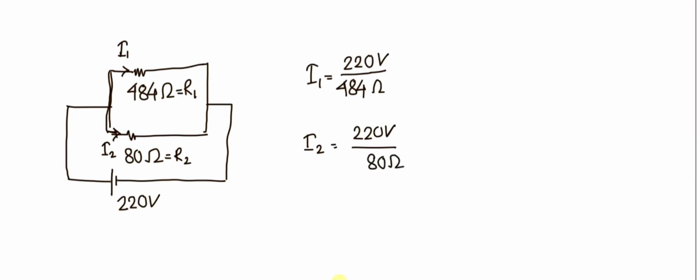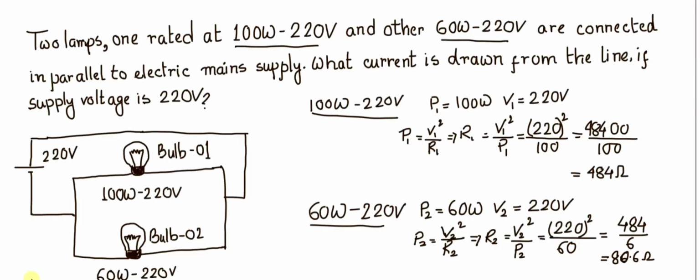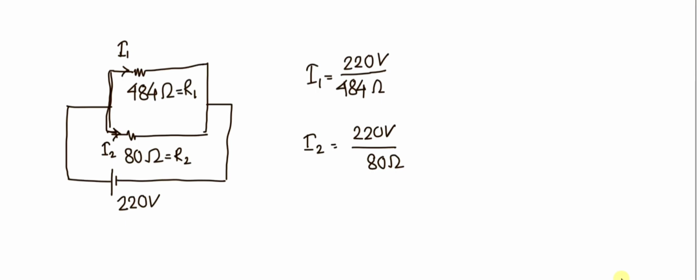Very simply, since these two resistors are connected in parallel, the potential drop across both resistors is the same, so we use this formula. Let me read the question: what current is drawn from the line? You have to find it out. That means you have to calculate I1 and I2. So this is the current 220. You can simply